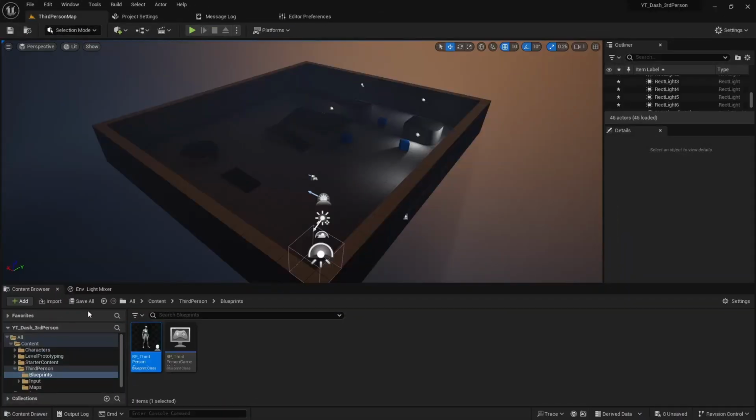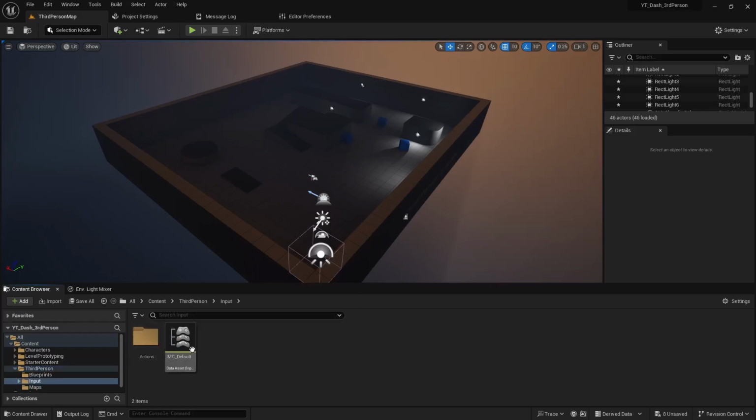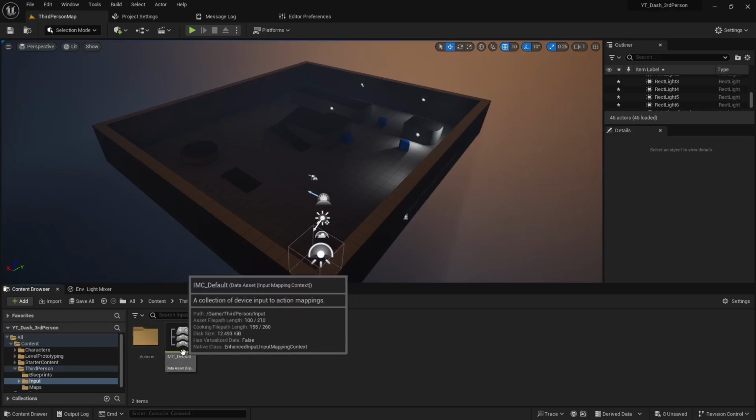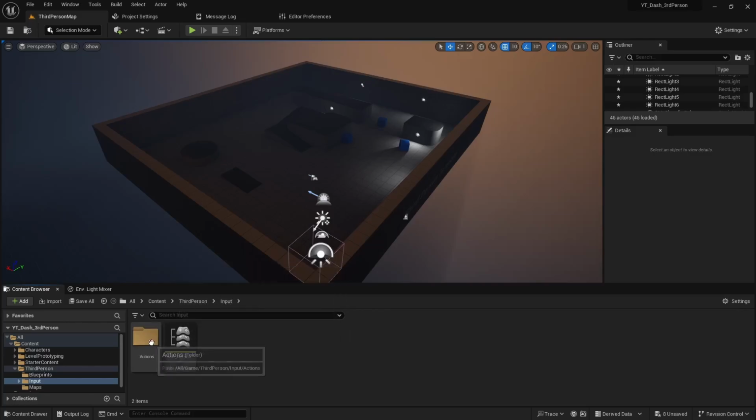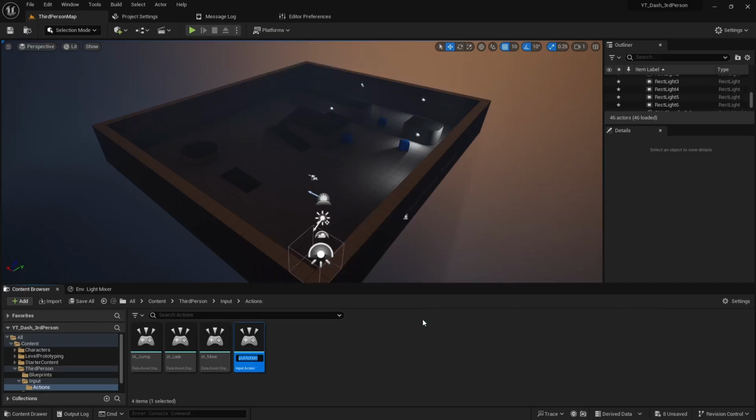Alright, starting off we're going to go into our content folder and let's find the third person template, and under input we're going to have access to our input mapping context and our actions. Let's go into the actions folder and create a new action. This will be input action. We'll call it